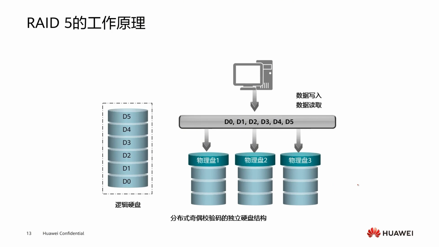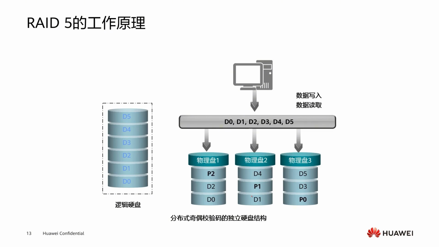RAID 5 is an improved version of RAID 3 using striping and calculating parity information. In RAID 5, data is written to the hard drive group in the form of striping. The parity information of different stripes in RAID 5 is not stored separately in a fixed parity disk, but is distributed and stored according to certain rules. The write performance of RAID 5 depends on the amount of data written and the number of hard drives in